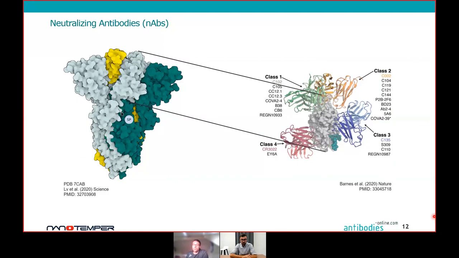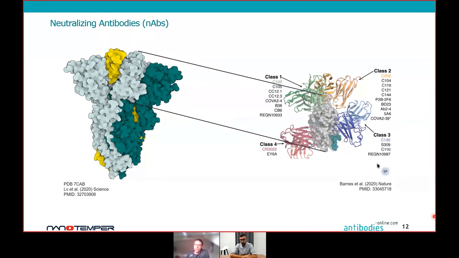Production of neutralizing antibodies is actually one aspect of immunity upon vaccination or infection with SARS-CoV-2. Simply put, a neutralizing antibody gets in the way of the S protein's interaction with the ACE2 receptor on the surface of the host cell. The main target for neutralizing antibody is, as I have mentioned before, the S protein RBD, shown here on the right in more detail. Depending on the location of the target epitopes, neutralizing antibodies are classified into classes 1, 2,